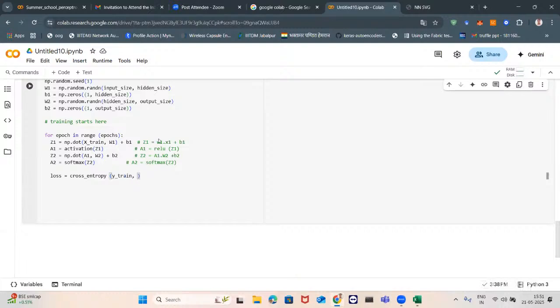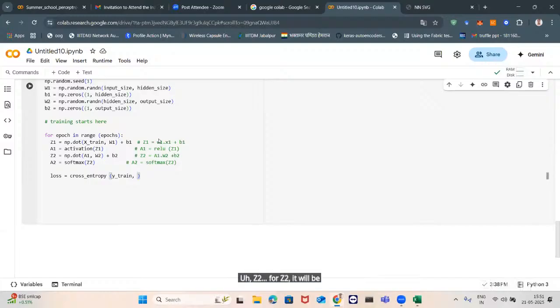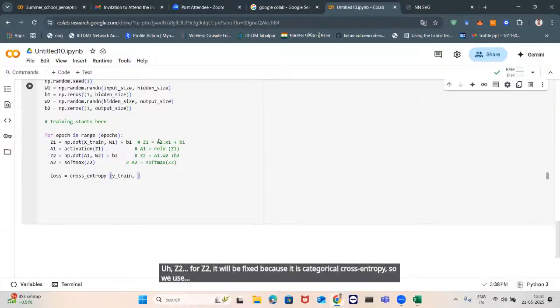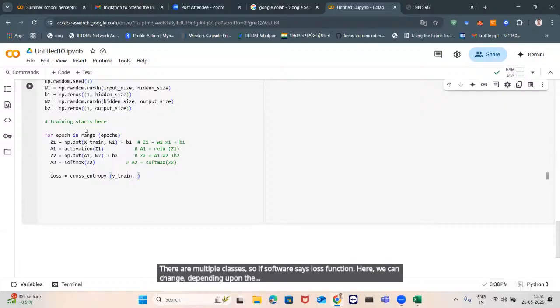Now, what remaining? Do we use different activations for Z1 and Z2? For Z2 it will be fixed because it is categorical cross entropy. So we use softmax. There are multiple classes, so we use softmax. Here we can change depending upon whatever loss function is doing good, because there is no thumb rule. Okay,